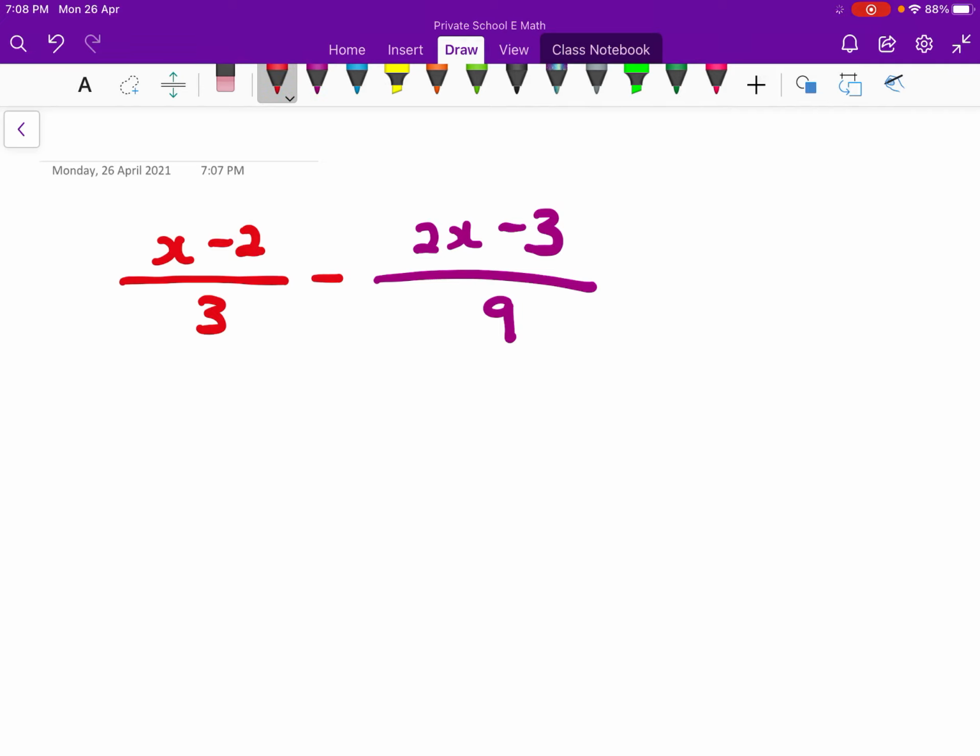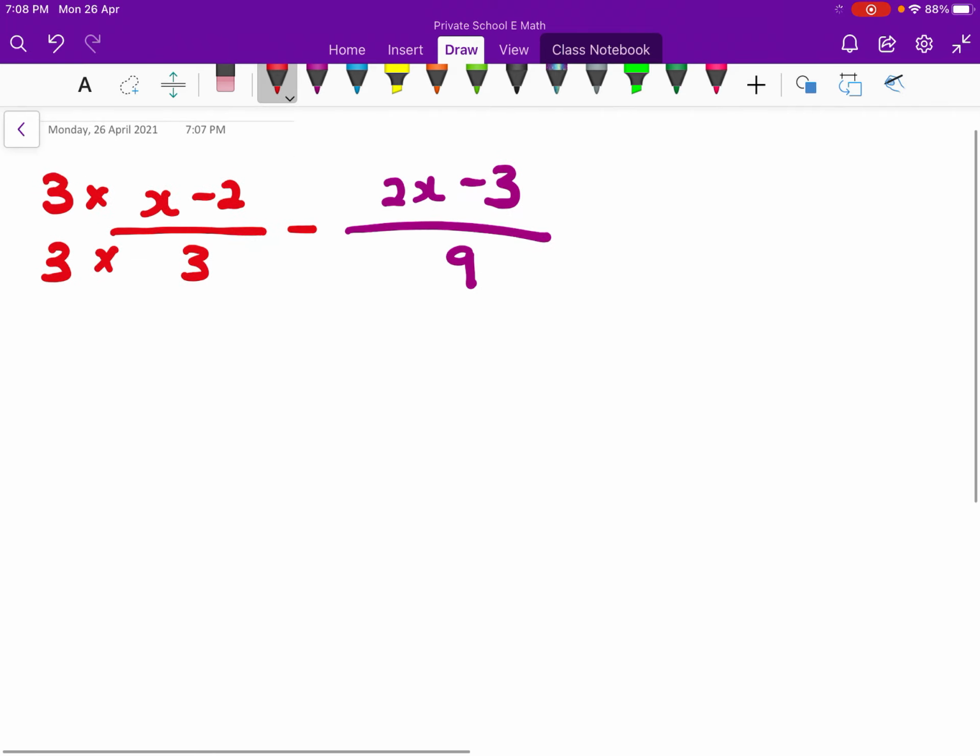If I don't put a bracket, times 3, times 3, you will get the denominator 9, so that is okay. Just that for the top, if you are not careful,